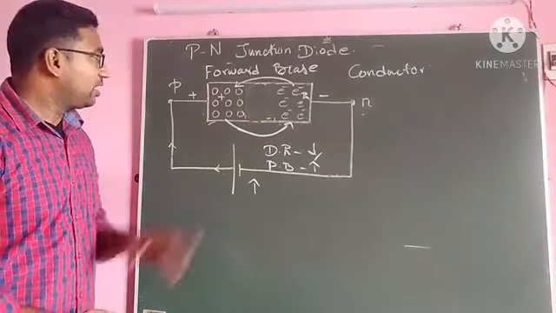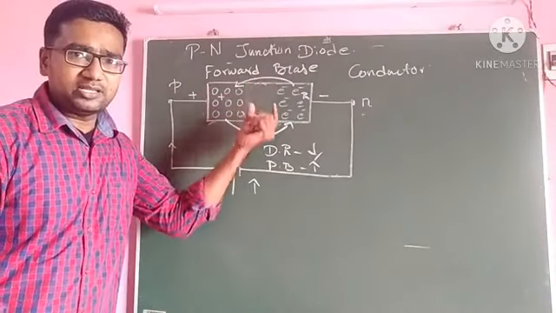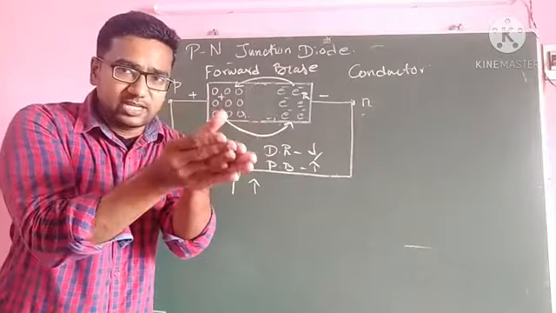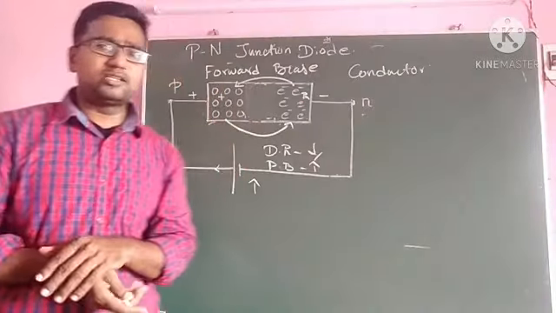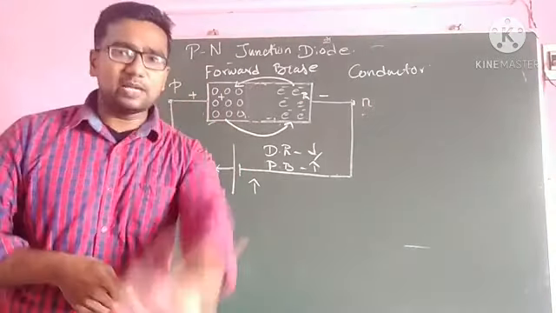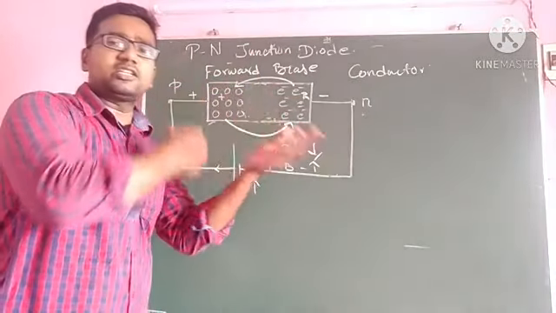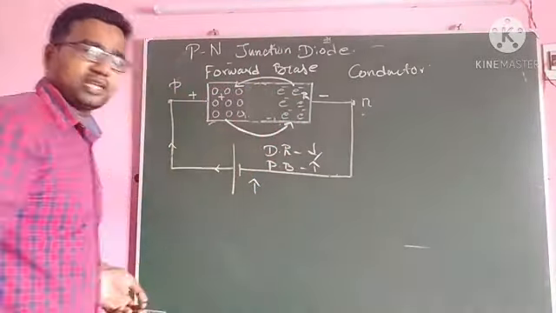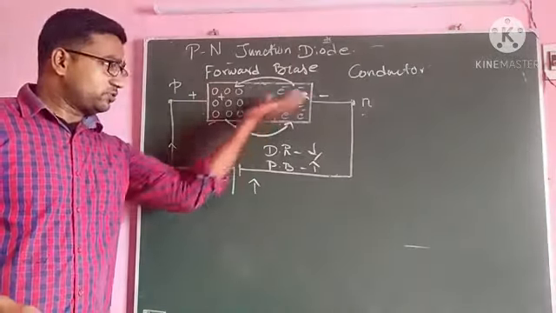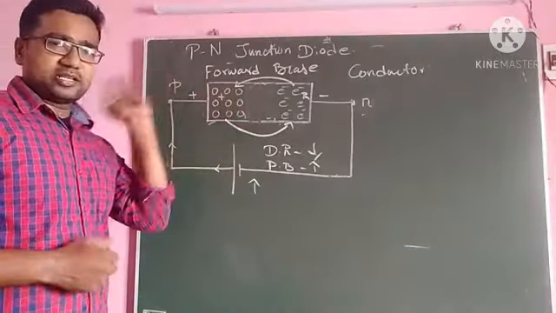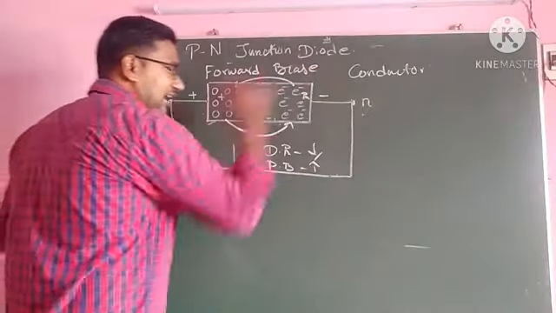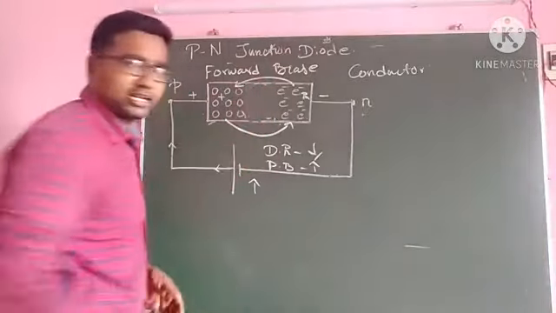Listen carefully. In forward bias, the depletion region width gradually decreases, and at a particular potential the depletion region will disappear. Then only the electrons and holes are recombined. The electrons will flow within a fraction of a second. N number of electrons flow through the conductor. That means a diode creates a current, so it is equal to a conductor.